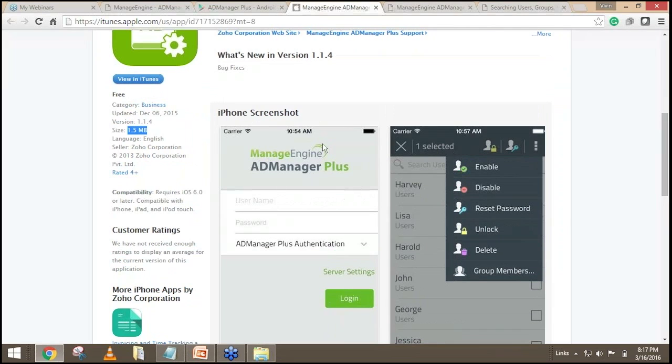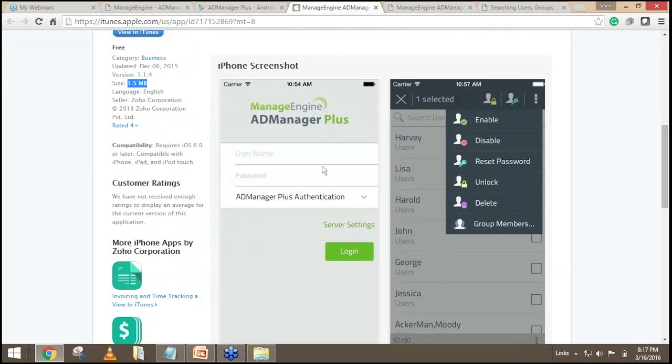For this mobile app to work, you need to make sure that your smartphone is connected to your Active Directory domain. In a sense, it should be connected to your Active Directory network. It can be your office Wi-Fi. Okay, so once your smartphone is connected to your office network, you can just type the username and password,